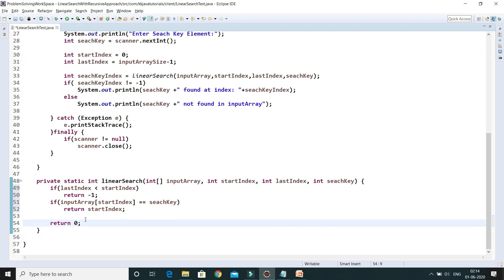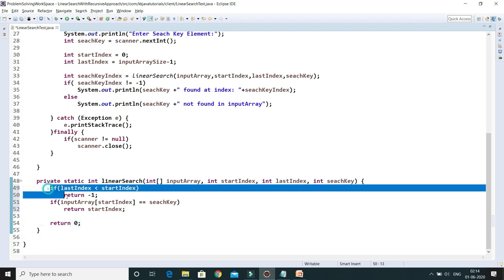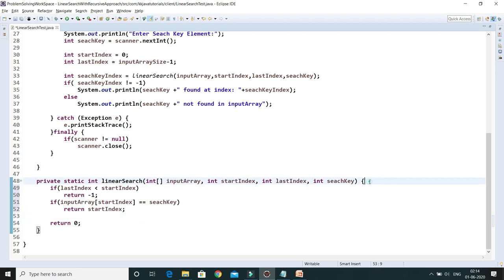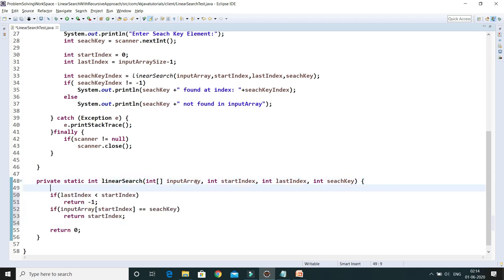Now the recursive call. We have considered the corner cases over here, and now we need to write the recursive call. What is recursion? Recursion is nothing but a method calling itself. So the rest of the things we will consider under the recursive call. In the recursive call, first of all we have the input array. Now the starting index will have some change.